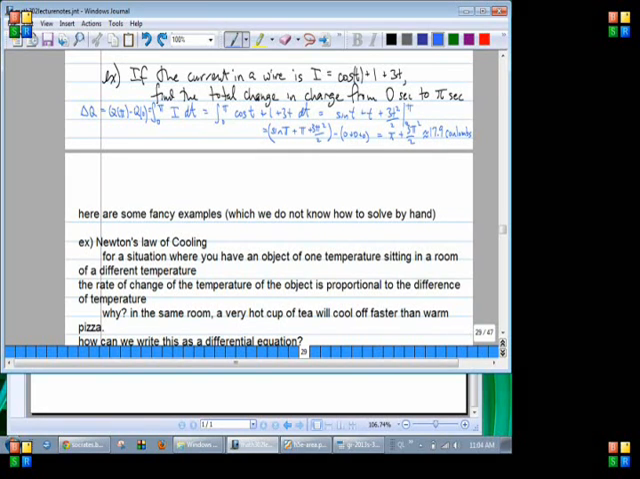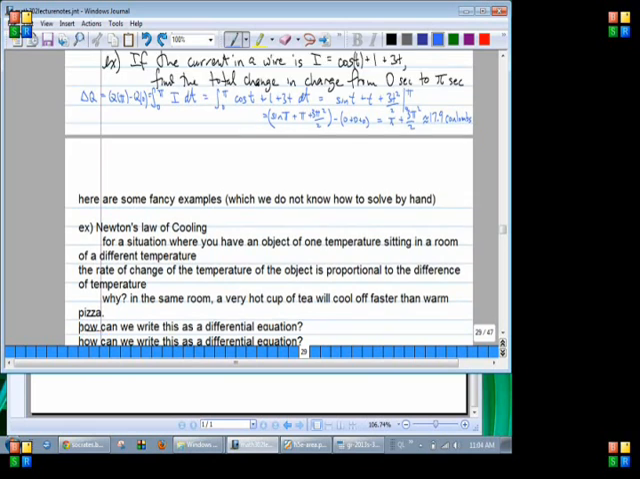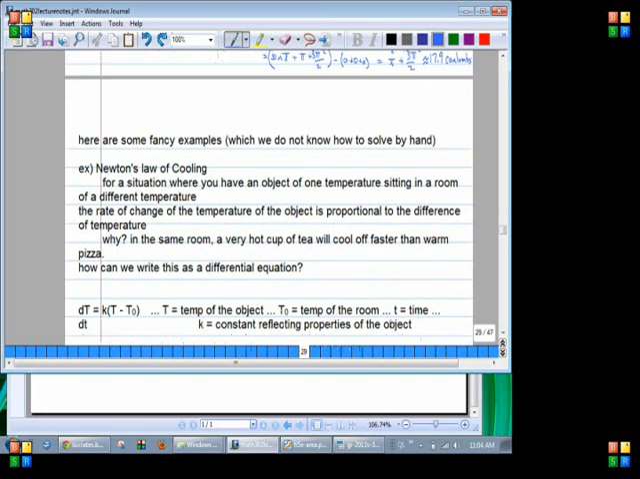So when you've got an object of one temperature sitting in a room of a different temperature, it's described by the physical law, which you can put in words as saying the rate of change of the temperature of the object is proportional to the difference in temperatures. Why is that? This makes sense because in the same room, a hot cup of tea will cool off faster than warm pizza. That should make sense. So as a differential equation in general,